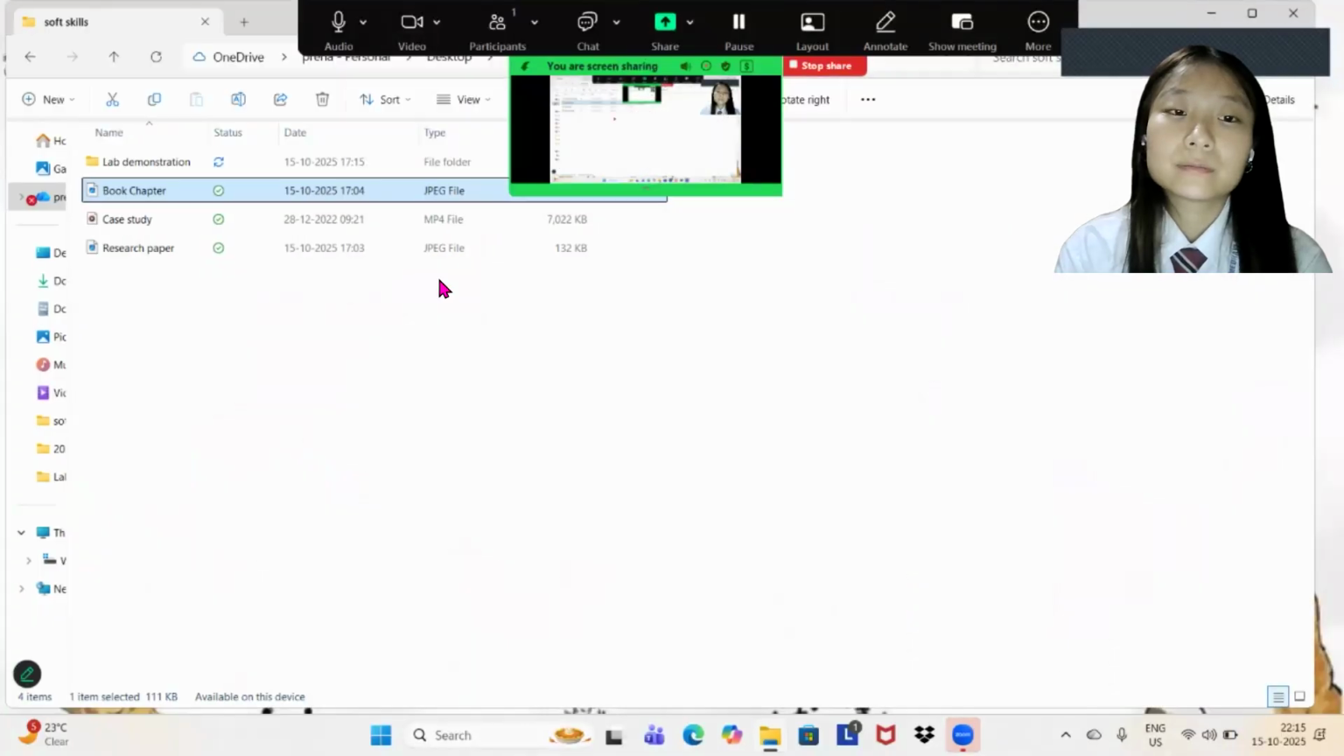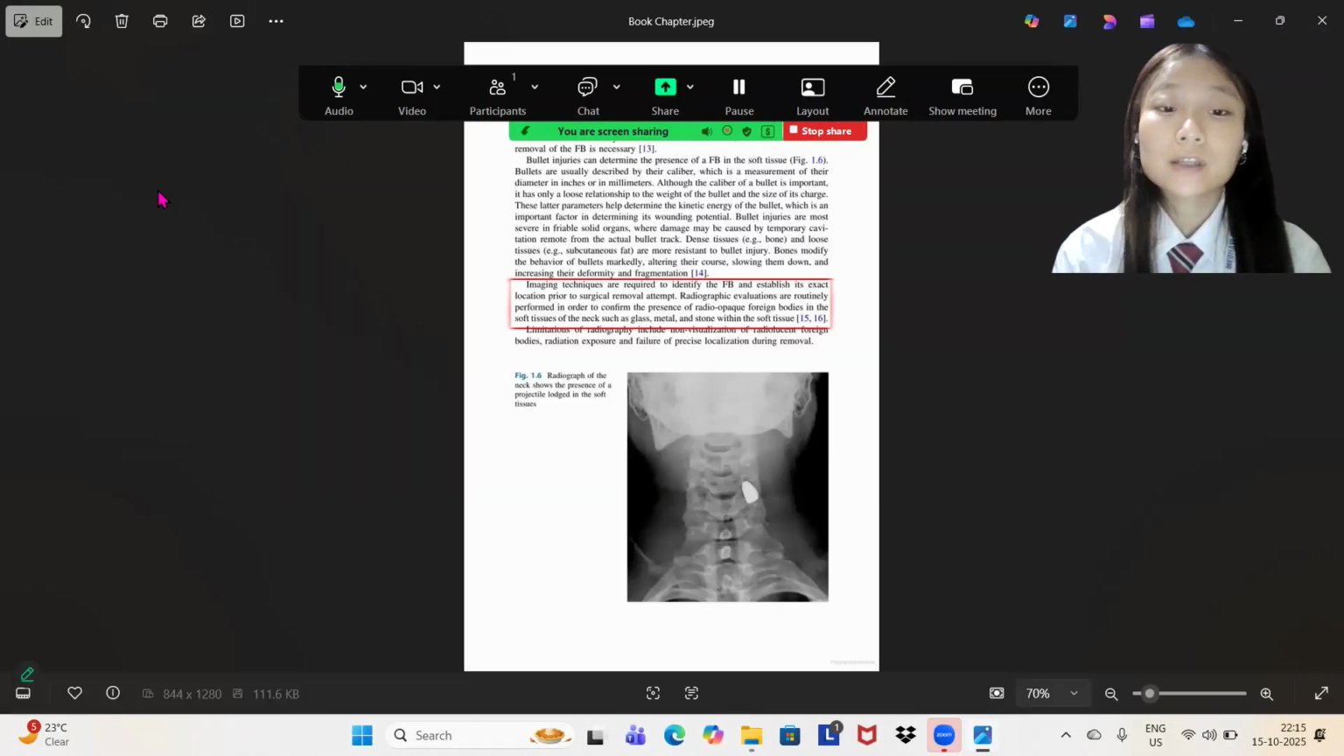So to connect theory with practice, I referred to a textbook by Pinto et al., titled Neck Soft Tissue Foreign Bodies. This chapter explains that when a foreign body is lodged in soft tissues like the neck, it can cause infection, inflammation, or tissue